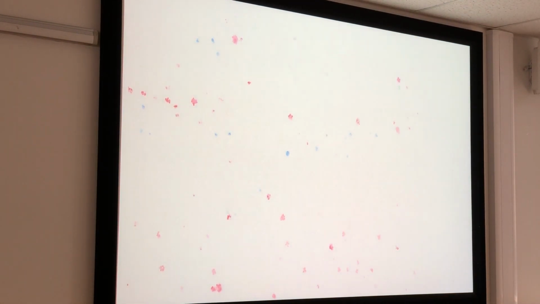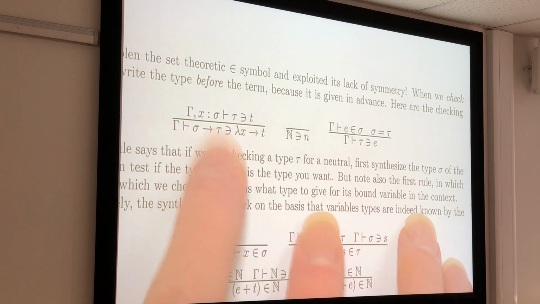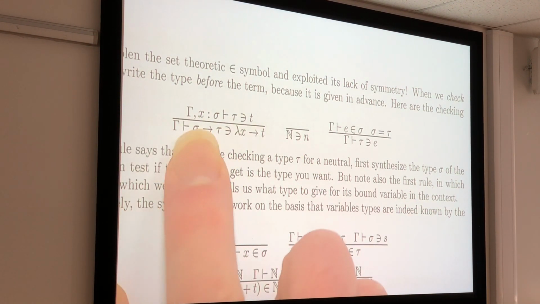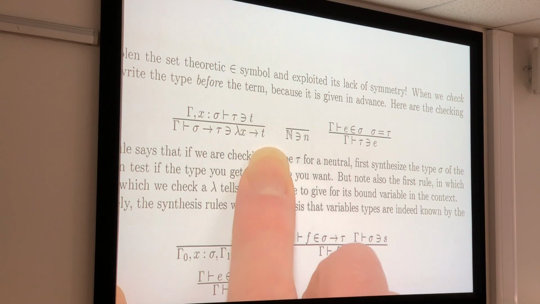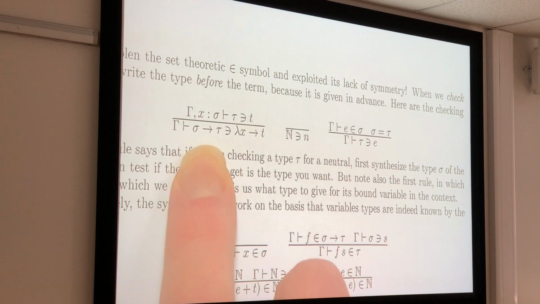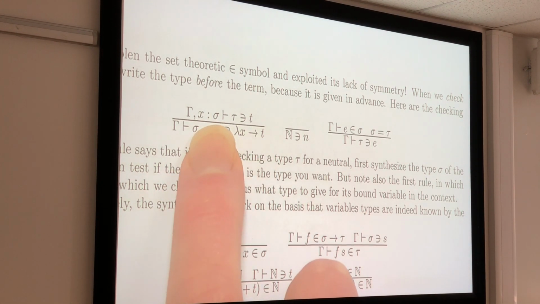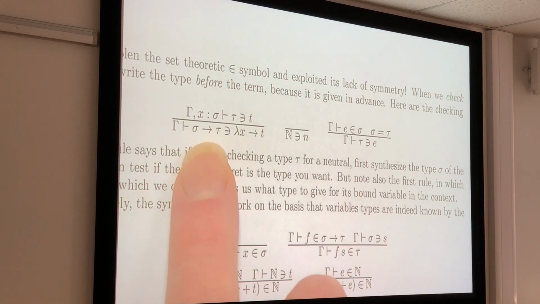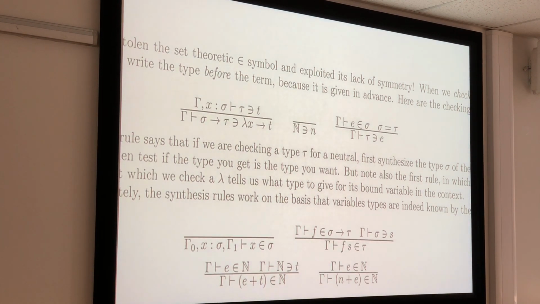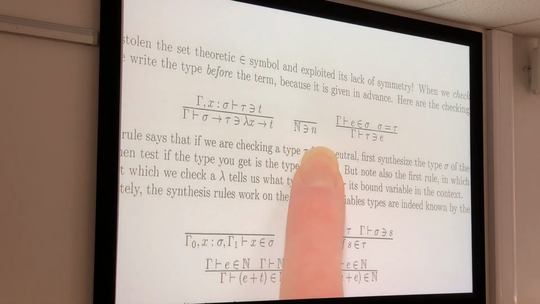Remember, when I do type checking, I always write the type first, because the type comes first when you're doing type checking. And I say, does this type accept this thing? So, can we push the type sigma arrow tau into this lambda term? Well, we can if, giving x sigma, we can push tau into t. We can push the type of natural numbers into a number,